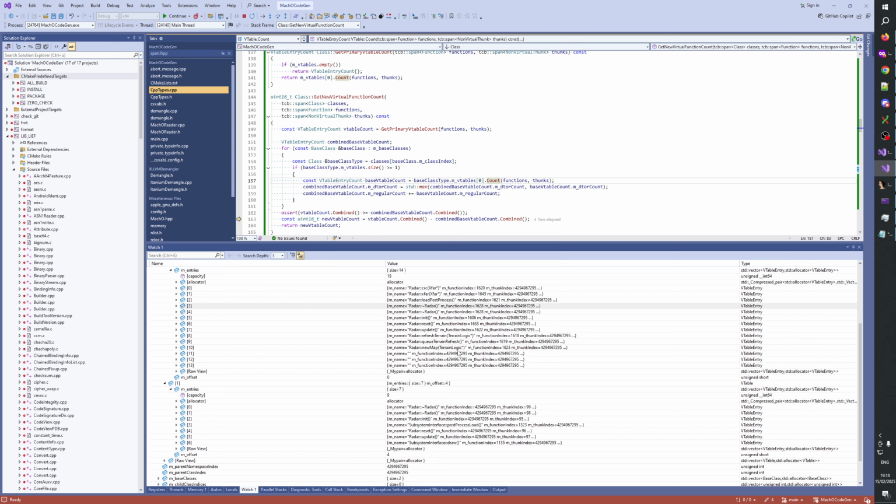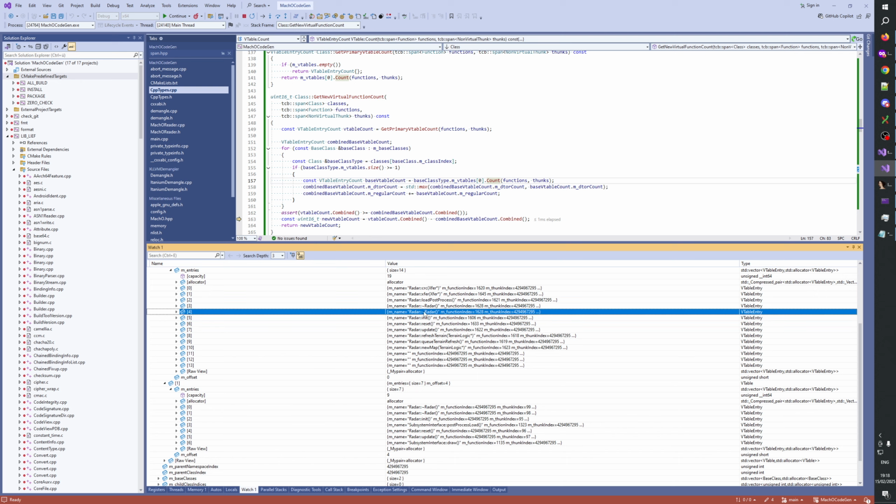Makes it so complicated. So here the radar is here. Radar is